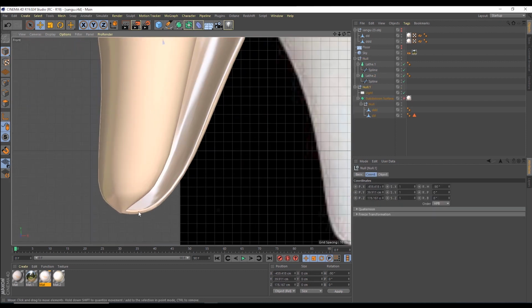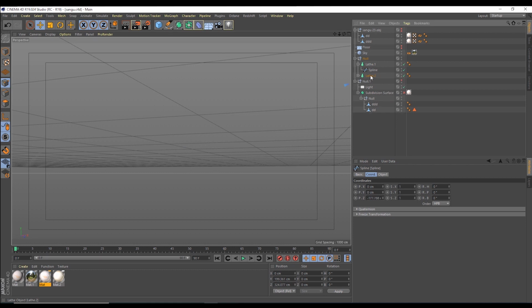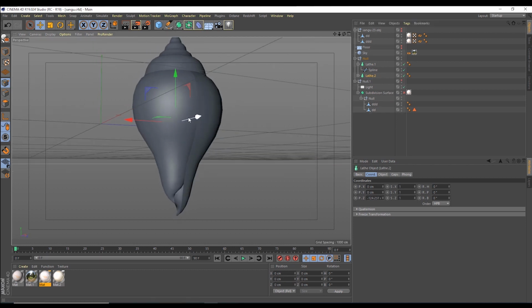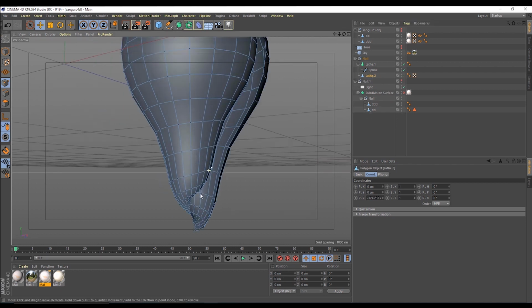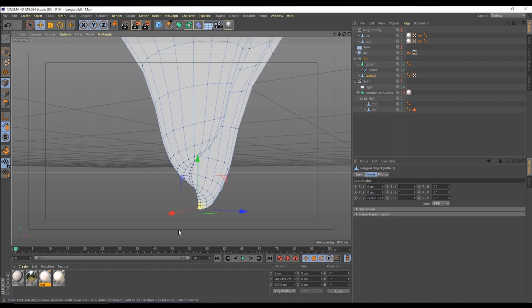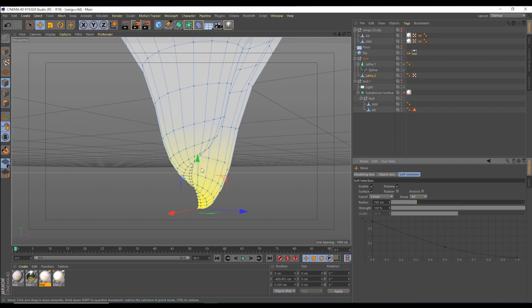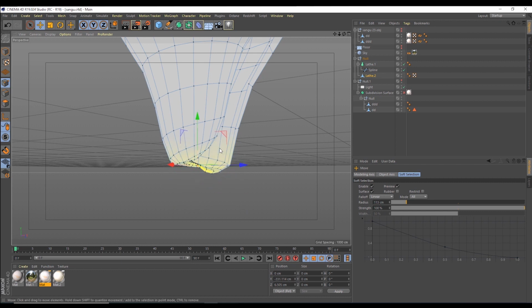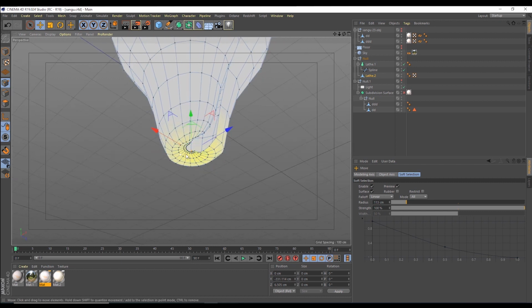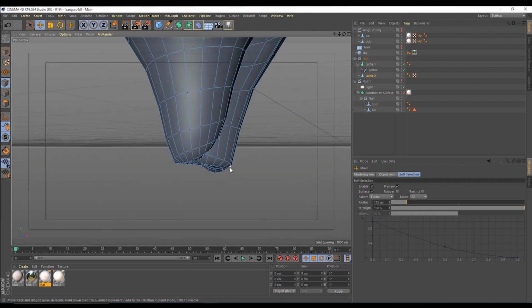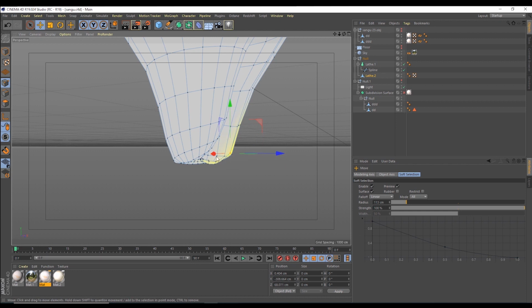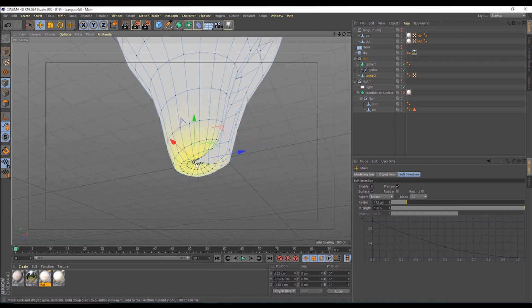To correct that, I am changing this lathe into a mesh. On your keyboard, by pressing C, the lathe will change into an editable mesh. Select the bottom vertex, and if you click on the movement tool, you will get the soft selection. In soft selection, you can adjust how much soft selection you need, and you can also move it upwards and correct it. You can move the vertex and change the shape. If you move the bottom vertex down again, you will get a round shape.